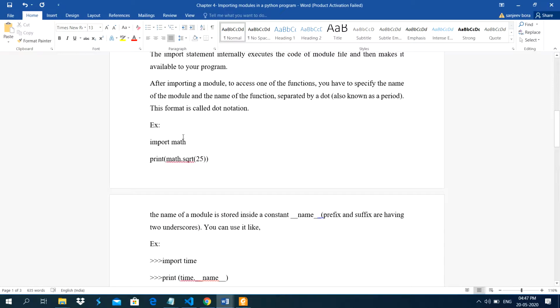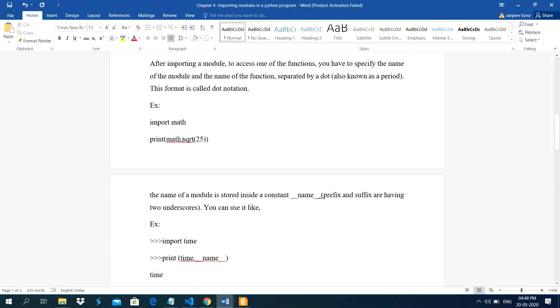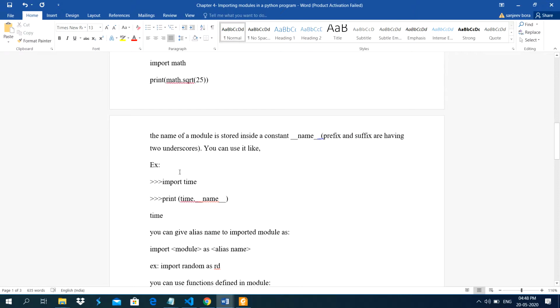In this example you see import math, then I have used the sqrt function. For this I have to write math.sqrt. If you don't use the name of the module and the dot operator, it will display an error because you have not defined this function sqrt in your program. You are using it from another source; the source is the math module here.